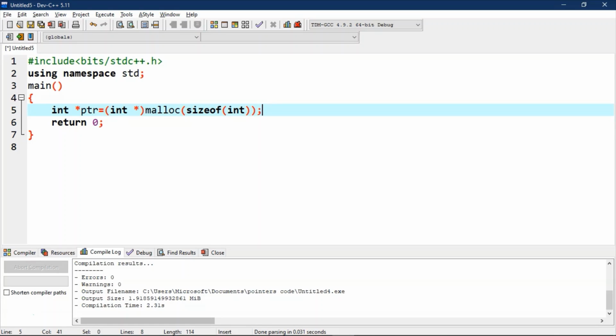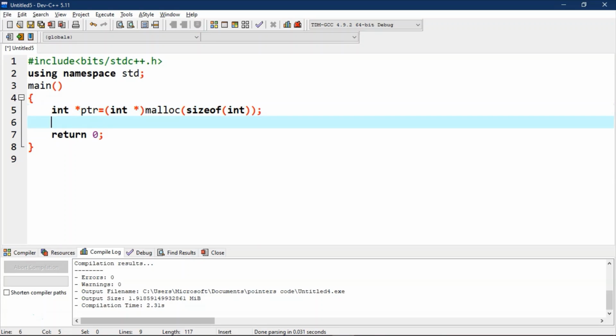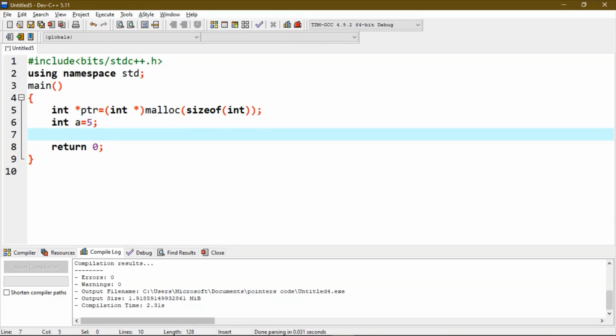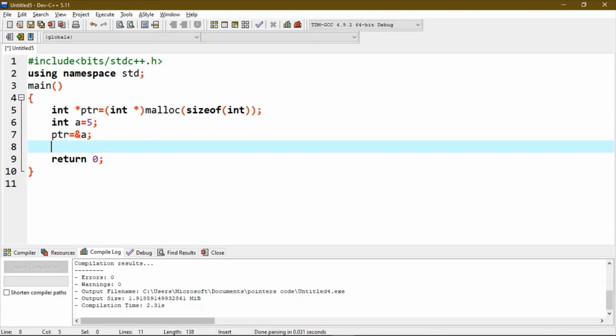Now let's declare a variable a and assign its address to the pointer. Now to make it a dangling pointer, we have to deallocate the memory of this pointer.